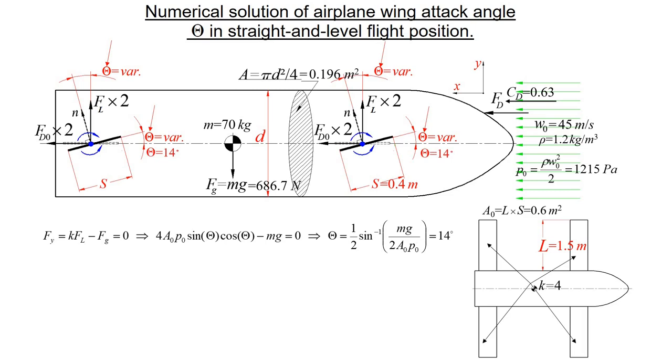Lifting force equilibrium in straight and level flight position. Force in the y-axis direction. The result is equal to 14 degrees, and was obtained by using the double-angle sine trigonometric identity. Total airplane drag force in the x-axis direction is equal to